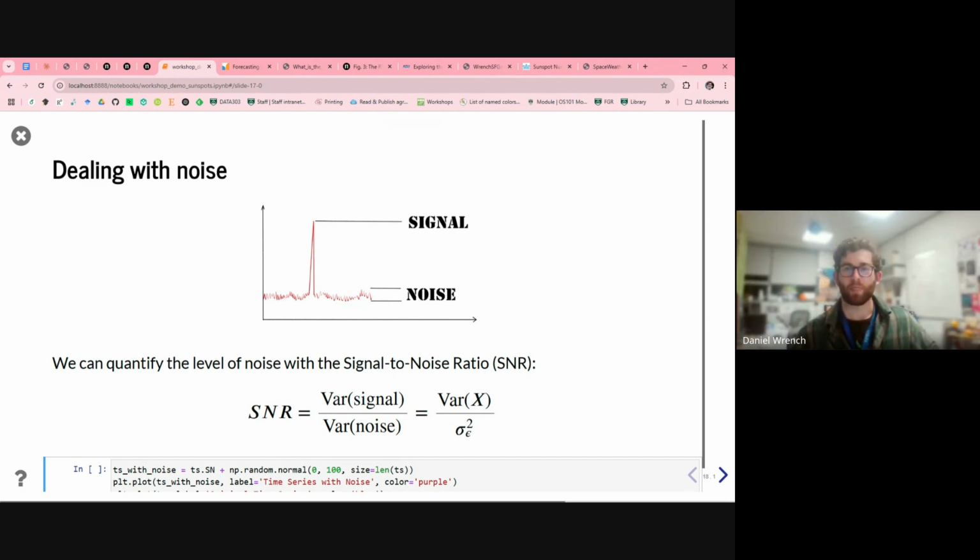So, statistical description, forecasting, and then there's this issue of noise, which I think is particularly pertinent to astrophysics. I don't actually have a huge amount to say on it, unfortunately, but I do have a little bit. Obviously, with the signal and the noise, we're trying to get one from the other, and we can quantify how difficult that may be by using the signal-to-noise ratio, which is typically expressed in terms of power, but can basically be calculated as the variance of your signal divided by the variance of your noise.